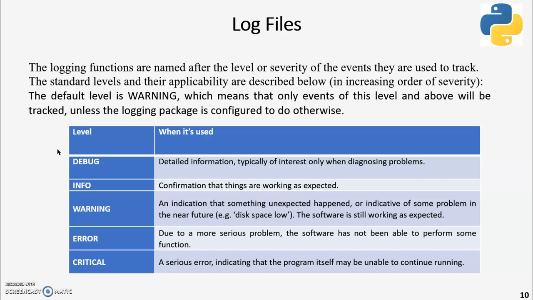The standard levels are there for their applicability to different severities. The default level is warning. It just gives you a simple warning, which means that only events of this level and above will